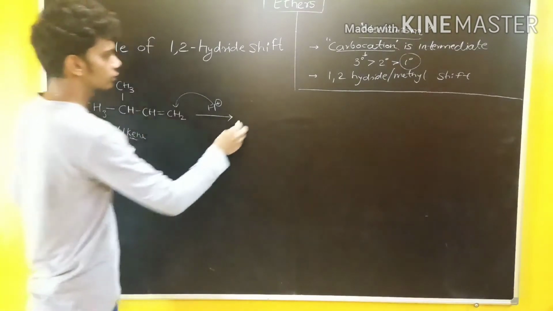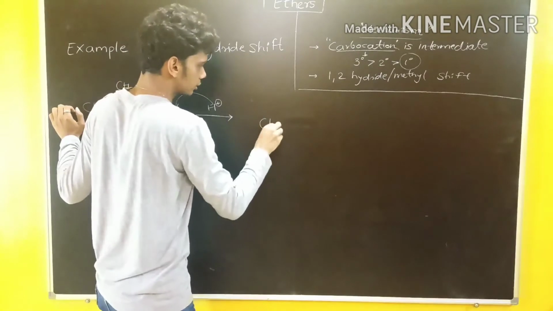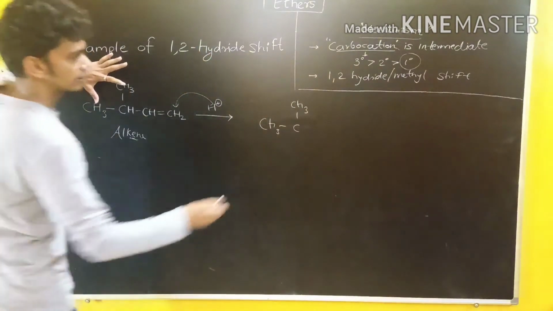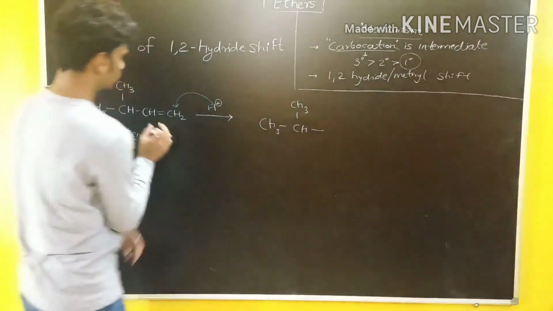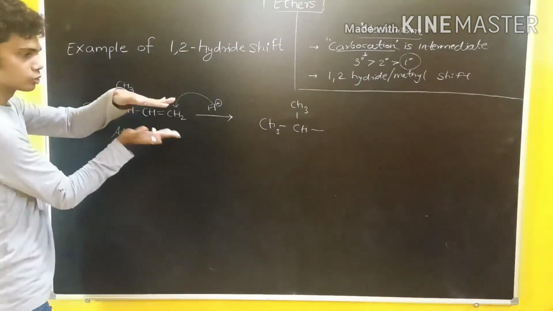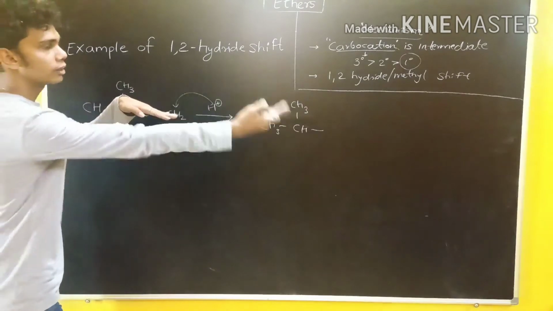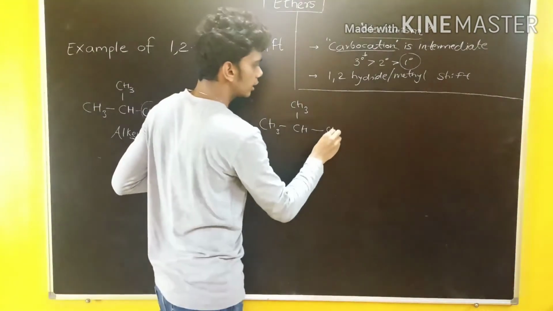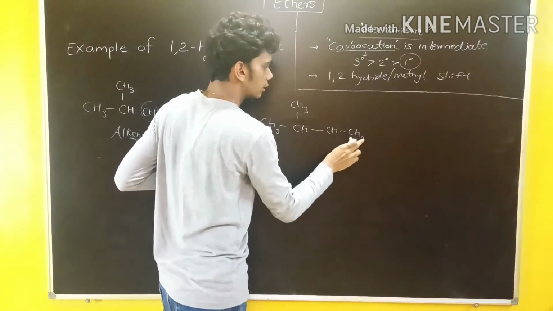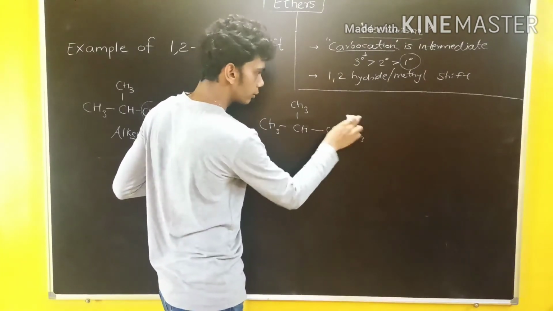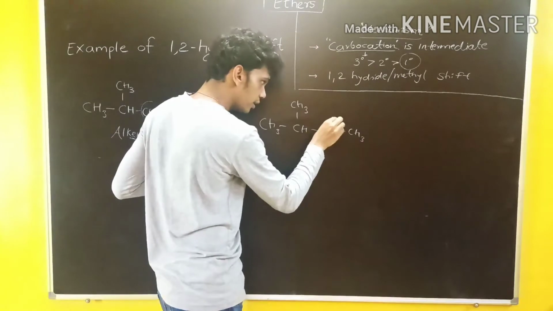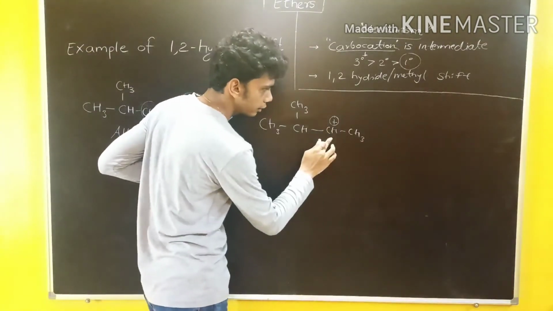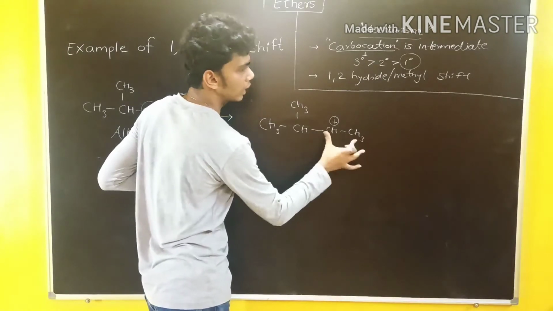Okay, so let's study this. Draw the structure CH3. This will remain as it is, this also remains as it is. The alkene is here, so two bonds are getting broken off. One bond is here, one bond is here. So this carbon and this carbon are going to be affected. So CH and CH3. This hydrogen is taken up by this, so it will become CH3 having a positive charge here. So this carbocation right now is attached to 2 carbons, so it is a